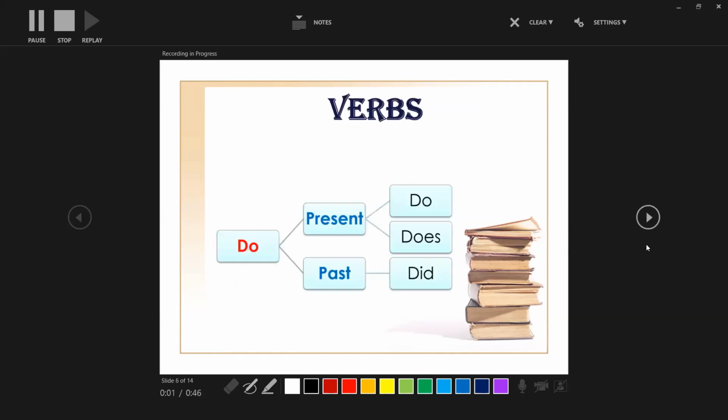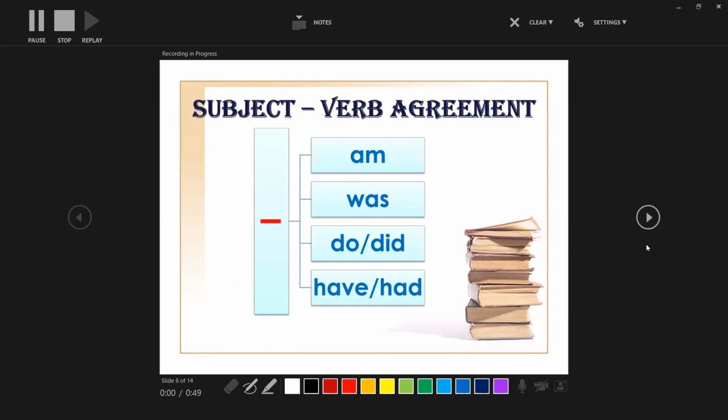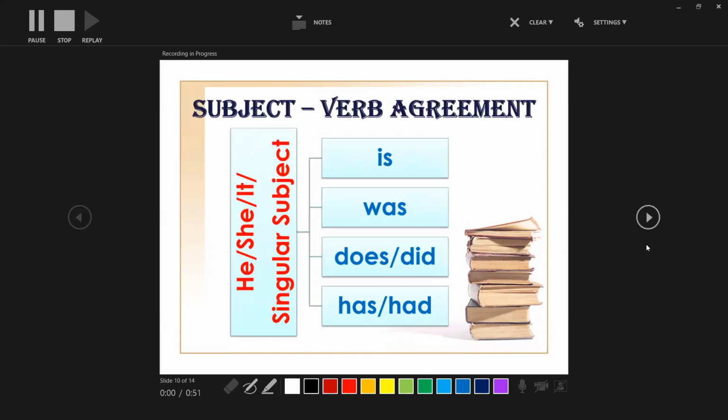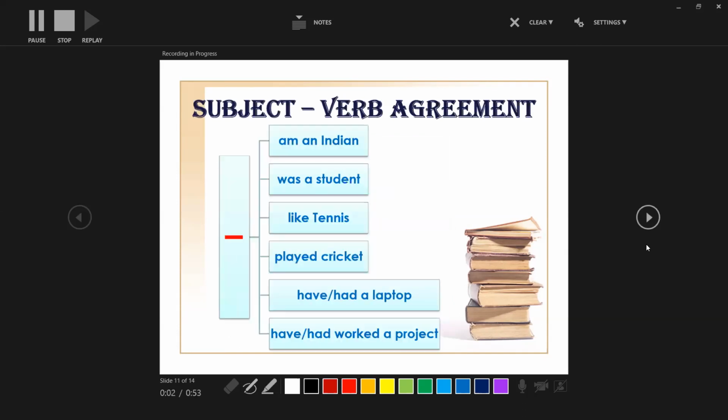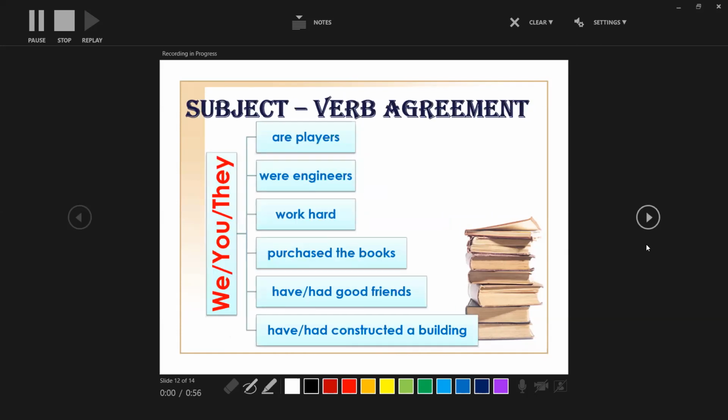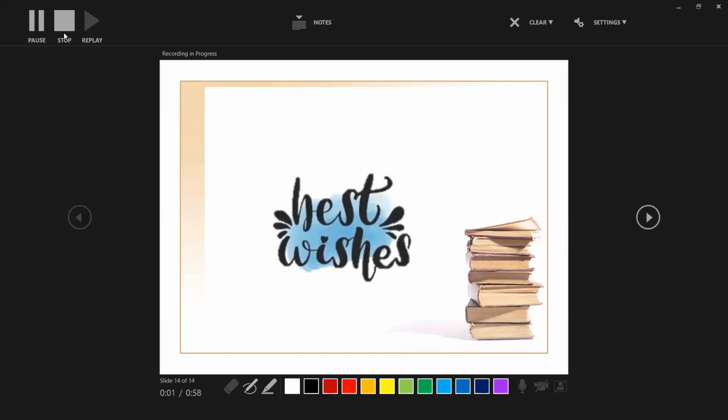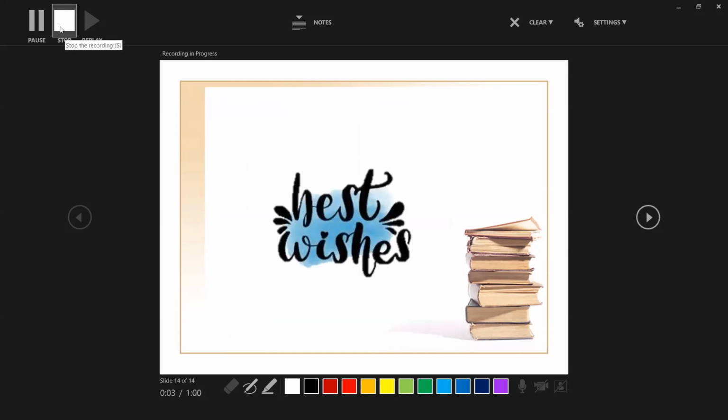So I am giving voiceover for every slide, and after completing the voiceover, after completing our voice recording, we have to finish it off by clicking this stop button. So everything is done now.